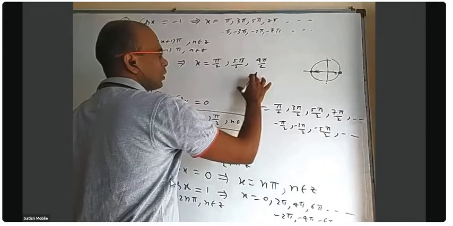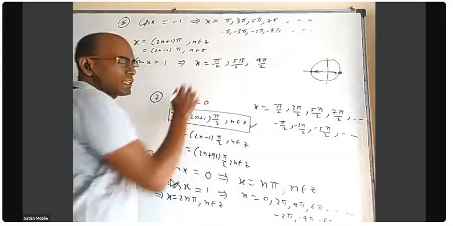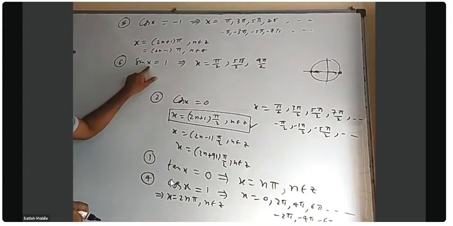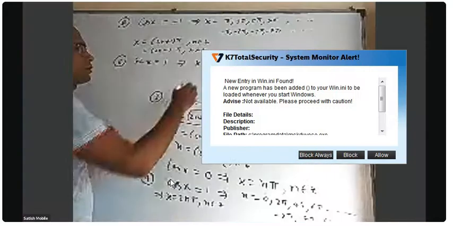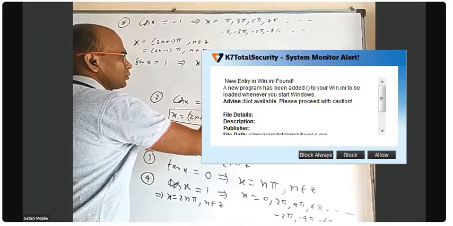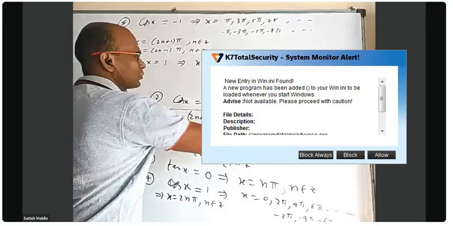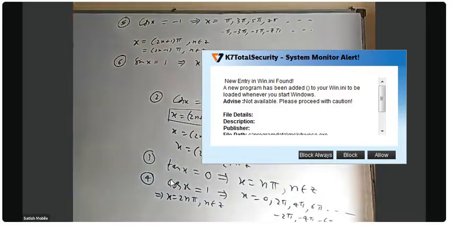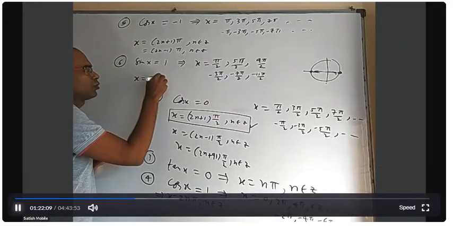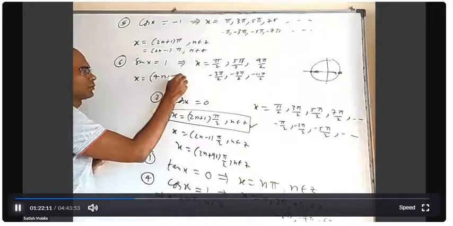Where are we now? Yeah, what about negative numbers? Minus pi by 2, is it okay? Yeah, minus 90 degrees is okay or not okay? Not okay, because it will be minus 1. Rather, minus 3 pi by 2 will be okay. Minus 7 pi by 2 will be okay. Minus 11 pi by 2 is okay. So how to write this? Is it 4n plus 1 into pi by 2?